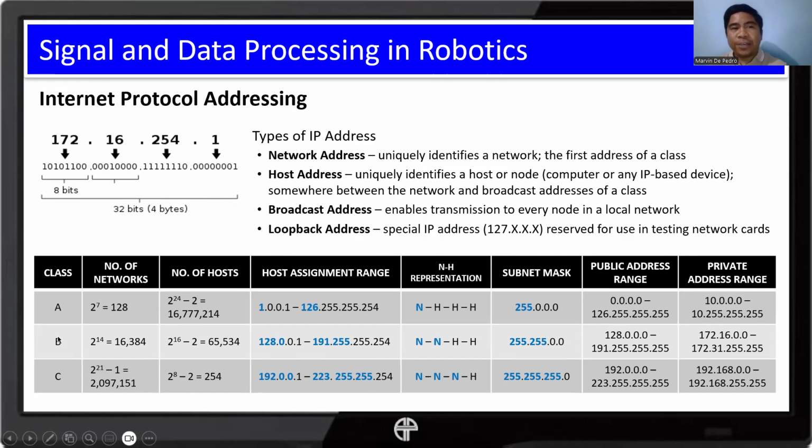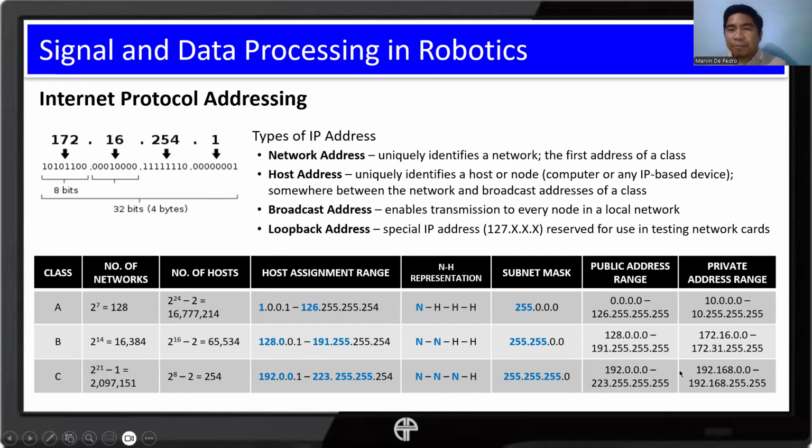Okay. For higher enterprises, large scale applications, they have class A and class B networks. Okay, so class C is the most common that you can find in simple applications. Okay, so class C, we have these details. I'll go straight to this one. Okay, we have public and private IP addresses. So private within the network, okay? Public outside the network, okay? Meaning at the internet level.